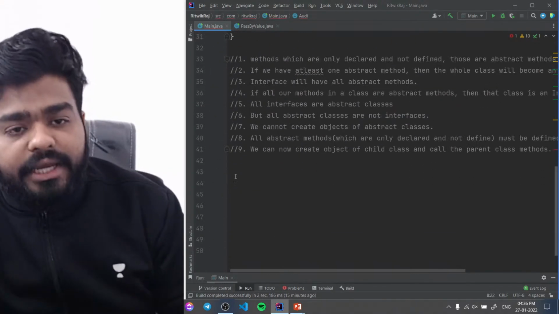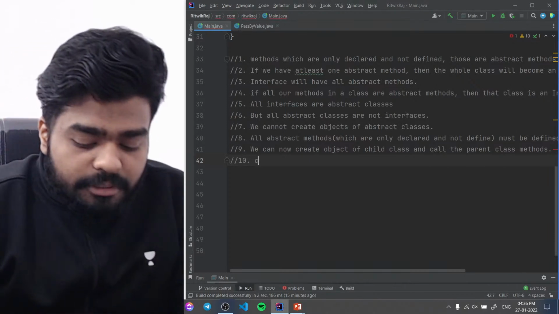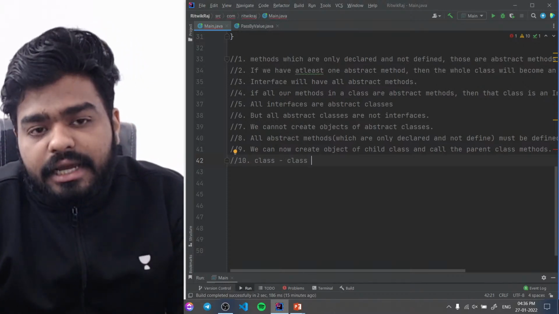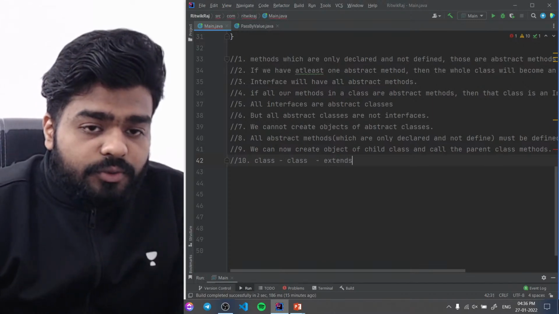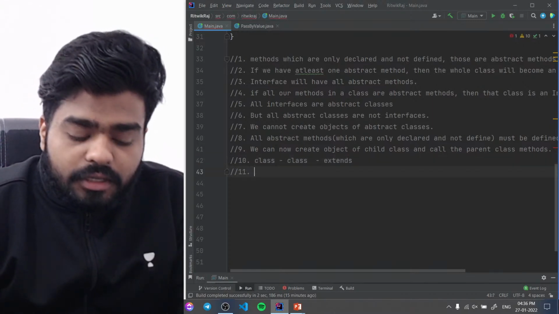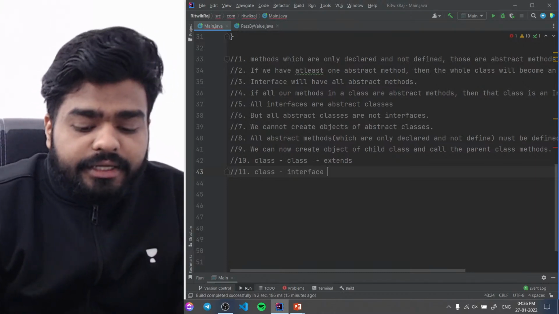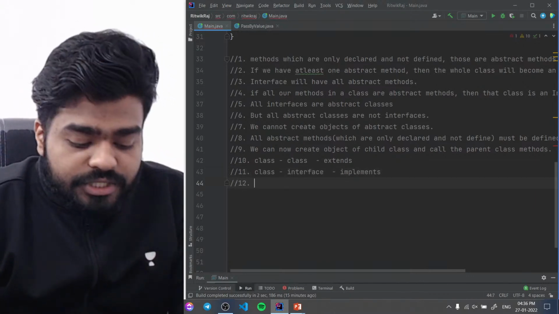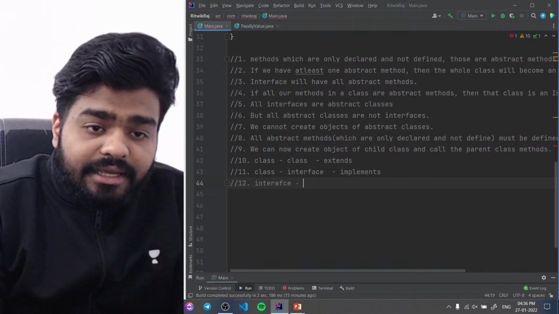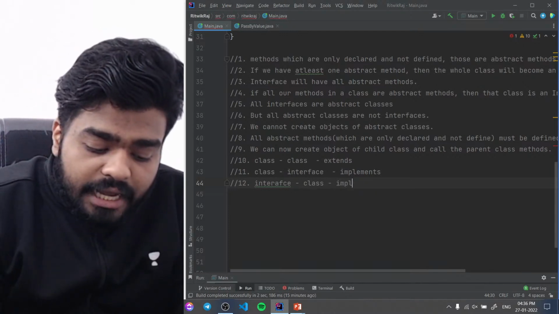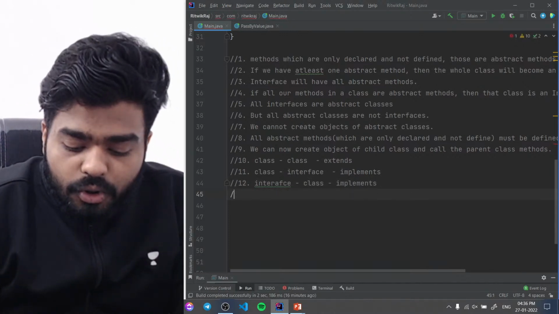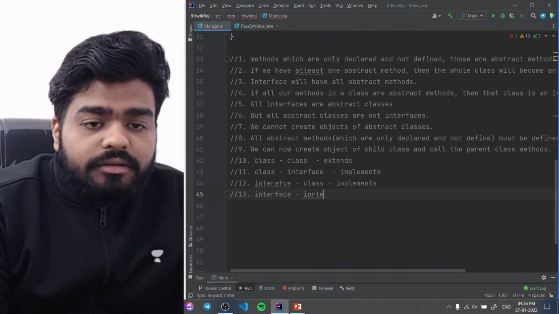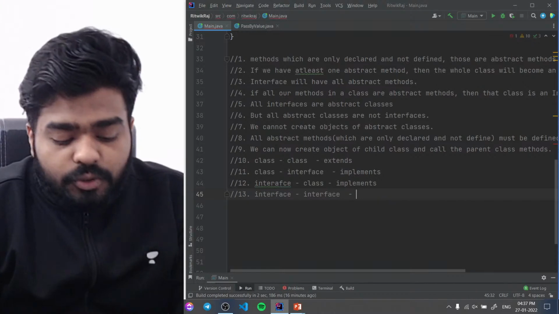अब आप ये समझो कि यहाँ पे हो क्या रहा है. So basically the 10th rule is कि जब भी आप क्लास से क्लास इनहेरिट करते हो, राइट, जब भी आप क्लास से क्लास इनहेरिट करते हो तो आप एक्सटेंड्स कीवर्ड यूज करते हो, ठीक है। जब भी आप क्लास से इंटरफेस कनेक्ट करते हो तो आप इंप्लीमेंट्स यूज करते हो, ठीक है। नेक्स्ट, जब भी आप इंटरफेस से क्लास इनहेरिट करते हो तो भी आप इंप्लीमेंट्स ही यूज करते हो, और जब भी आप इंटरफेस से इंटरफेस इनहेरिट करते हो तो आप एक्सटेंड्स यूज करते हो।